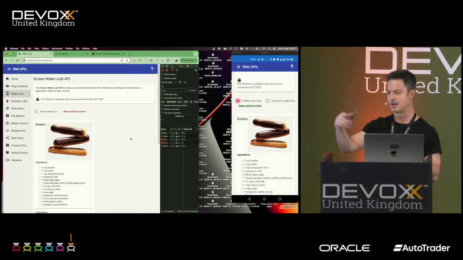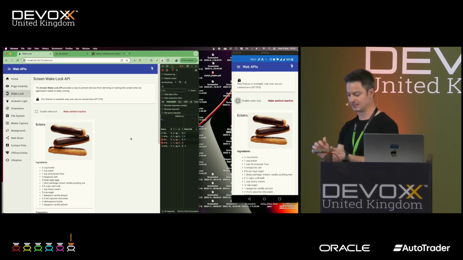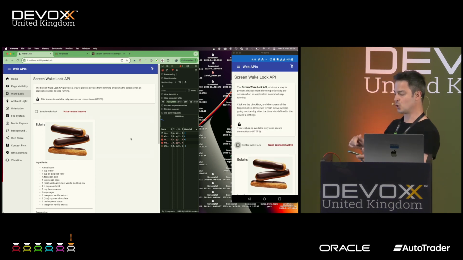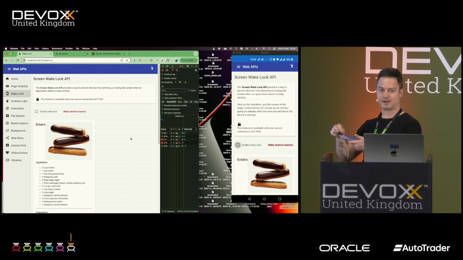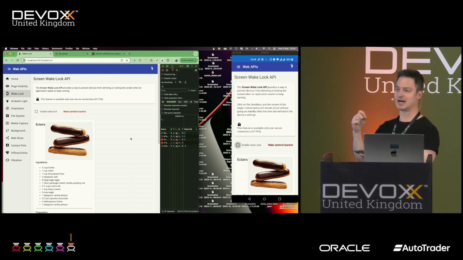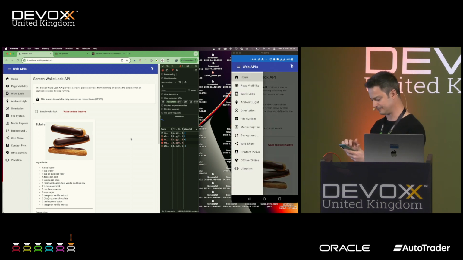So you can see I went on almost 1 minute and it's still there. Just one thing to know is that the browser, if the battery is lower than a specific percentage, can deny us from requesting the wake lock. That is the object that allows us to keep the screen on.